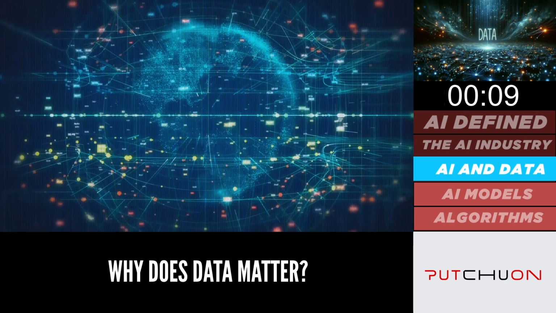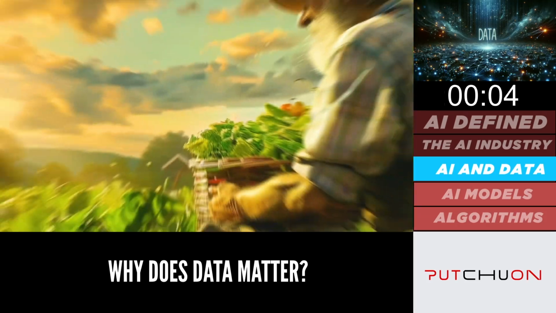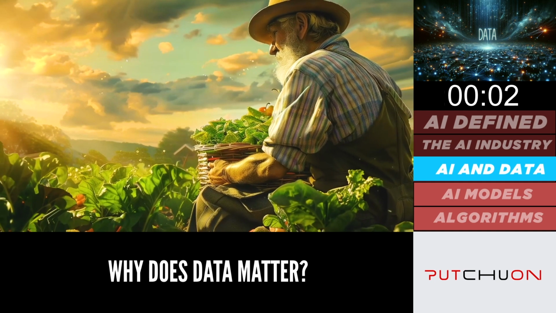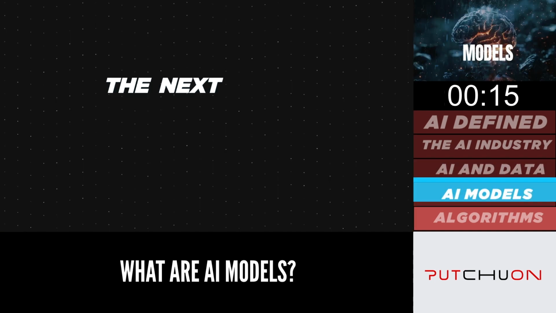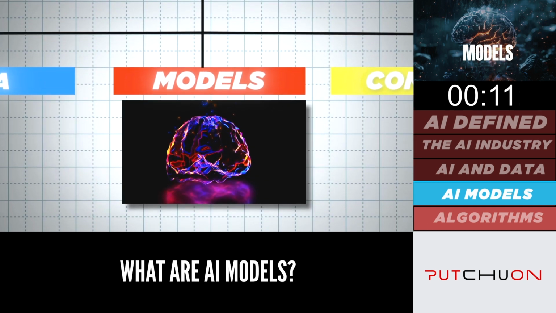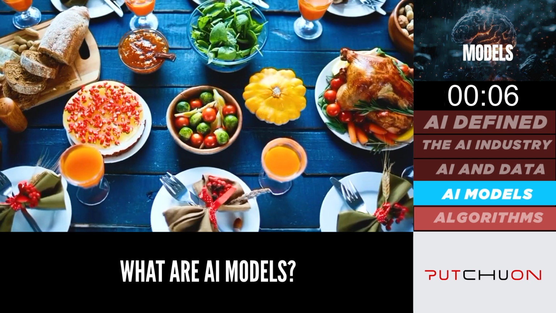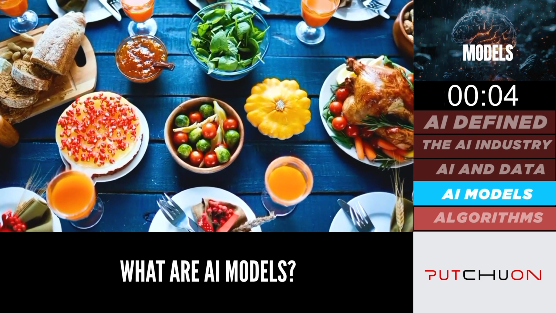So in this new AI world, there's going to be a high demand for ethical and clean data, just like there's a high demand for ethical and clean food. So that's data. The next part of AI is something called a model, which is like the brain for the AI. And if we're keeping with our analogy, I want you to think of a model as meals. They're the final output of the raw ingredients after it's been cooked.